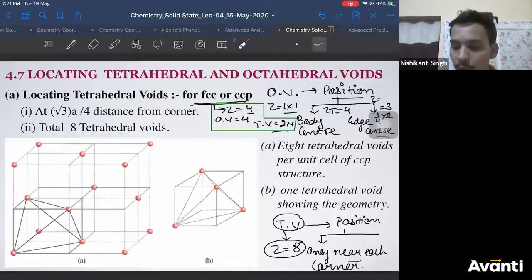Then we also discussed voids. We said octahedral voids and tetrahedral voids. The position of octahedral voids is body center and edge center. Tetrahedral voids are present near the corner. Then I gave you the exact